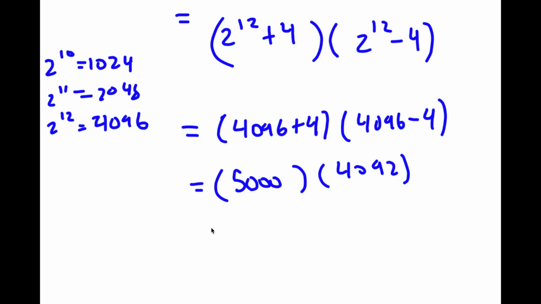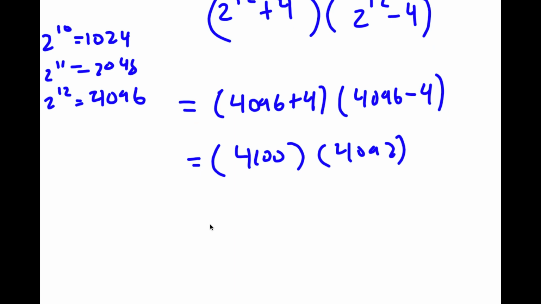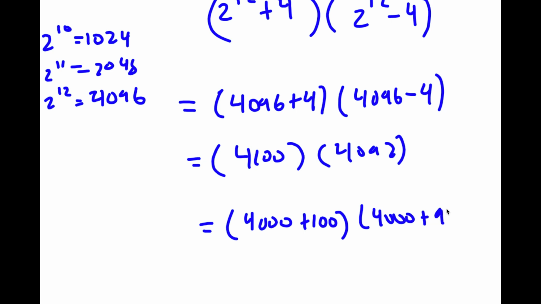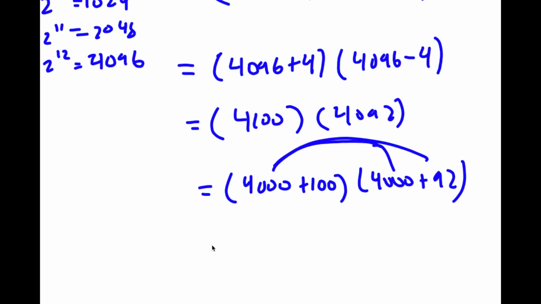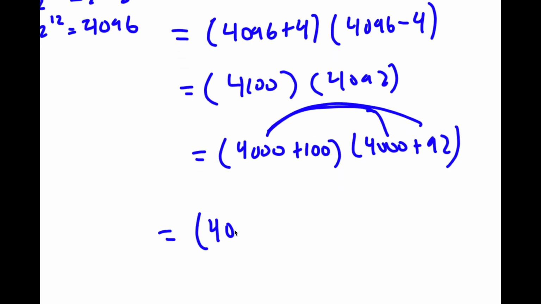Or sorry, this is the same thing as 4100 times 4092, which is the same thing as 4000 plus 100 times 4000 plus 92. So now to solve this, I'm simply going to just distribute. So I have 4000 here. If I distribute, I have 4000 times 4000